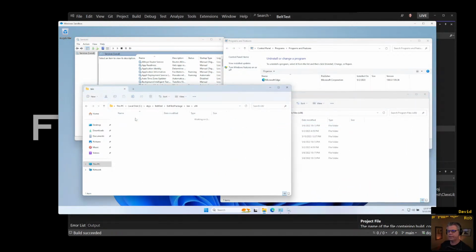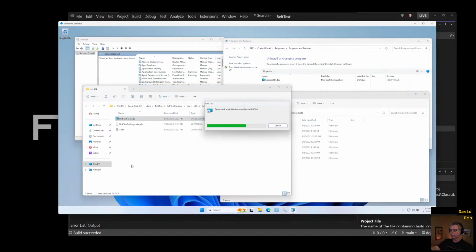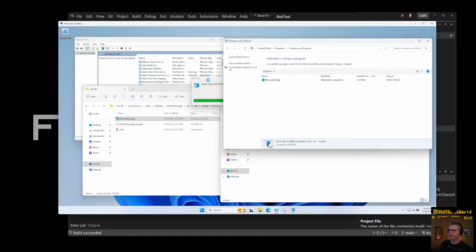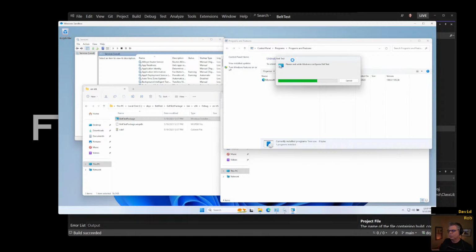All right, let's get some of my windows sorted out. All right, bin, x86, debug, enus. Let's install our built test package. Go, MSI, go. All right, so our folder is here. Yeah, this looks good. This is our stuff that we had before. This is taking longer than it should. And we're kind of like stuck. Why is it stuck? What's it doing? What's going on? Well, we've seen these kind of failures of getting stuck before.